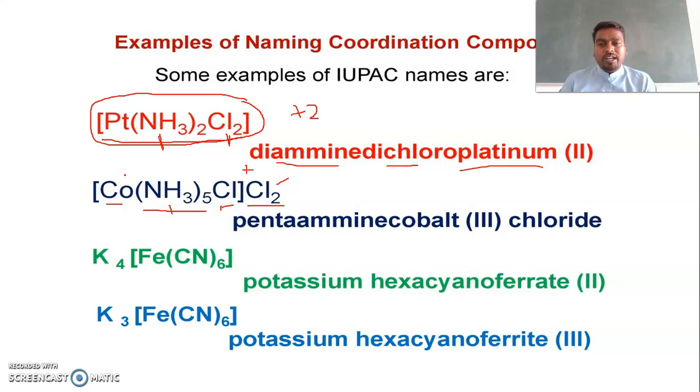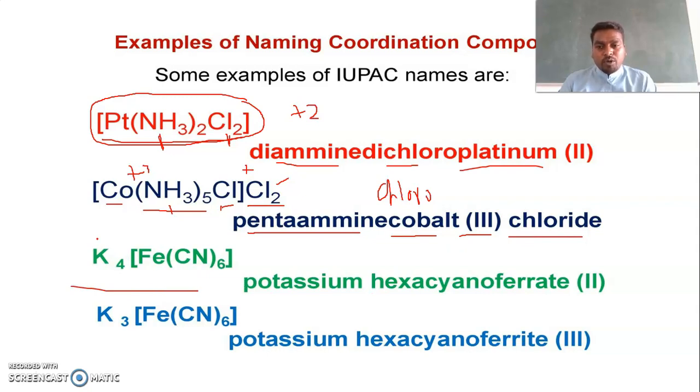In case of positive complex and neutral ligand, the name of the metal is used as such. We are going to use the original name. Okay, so here amino comes first, so penta amine, and chloro is missing here, you write chloro, cobalt 3. Oxidation state of cobalt is 3. You have to identify separately. And cobalt 3 chloride.